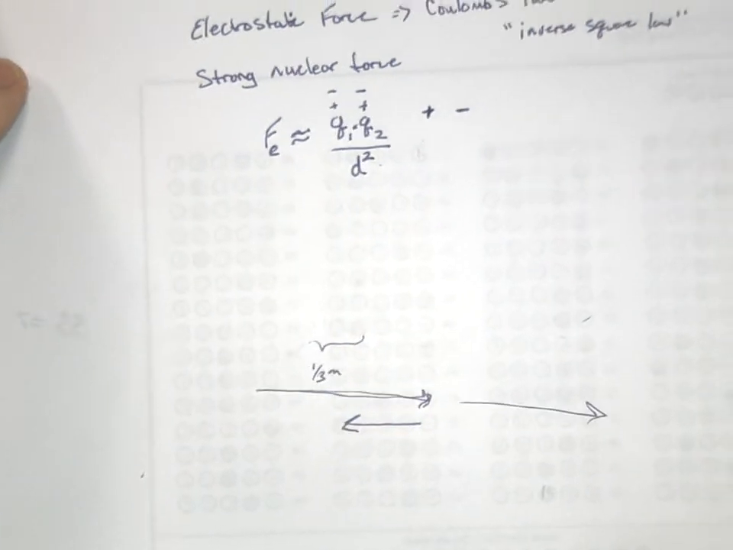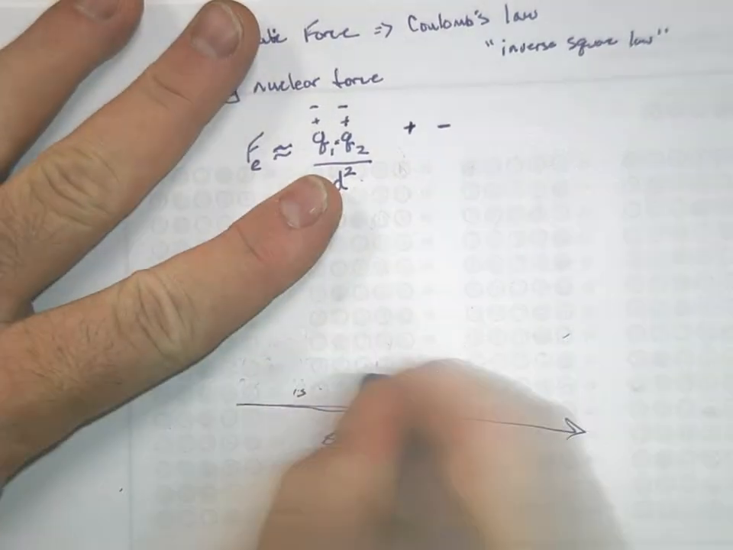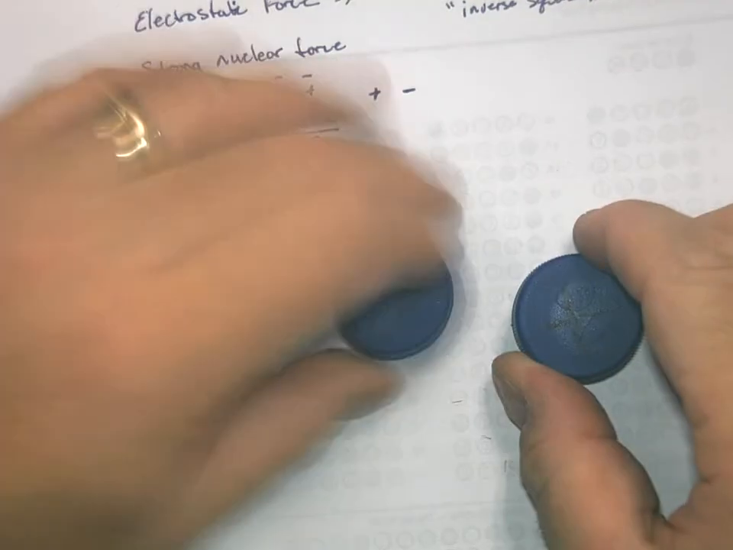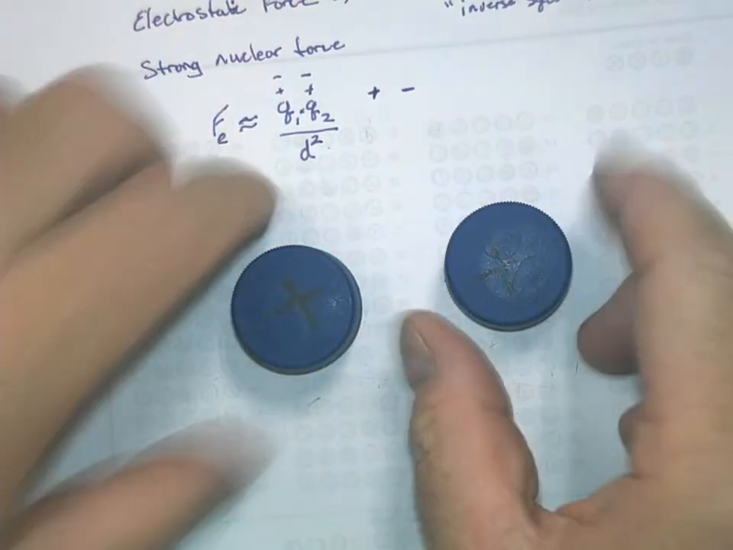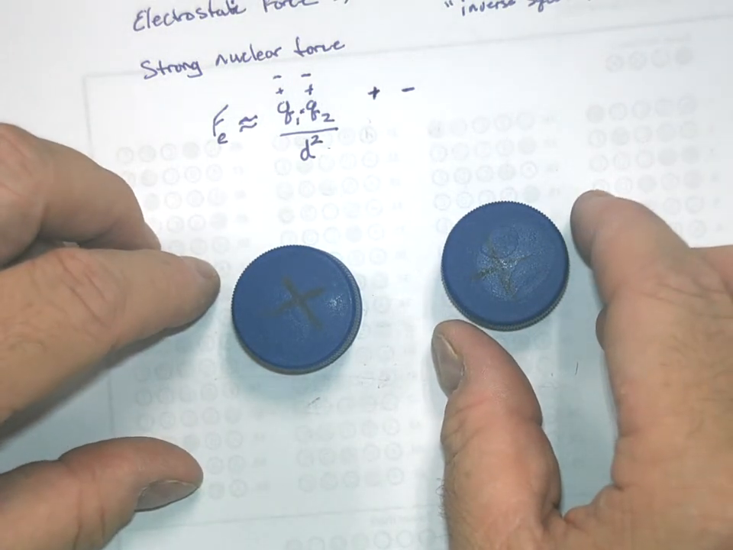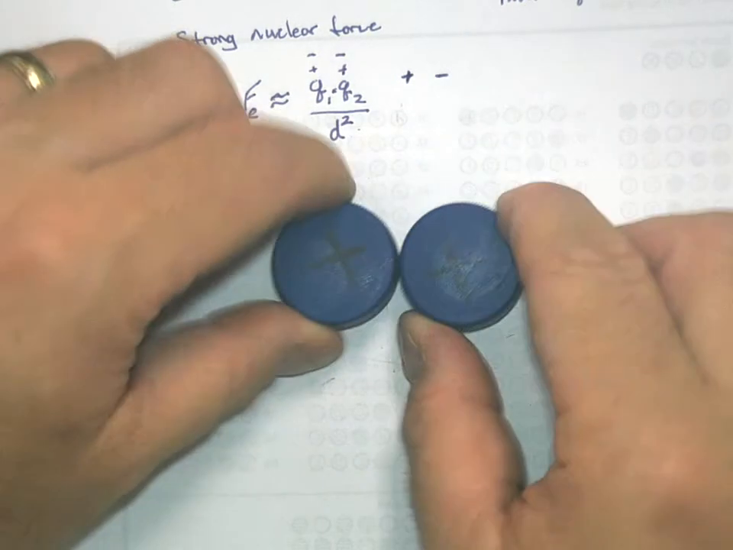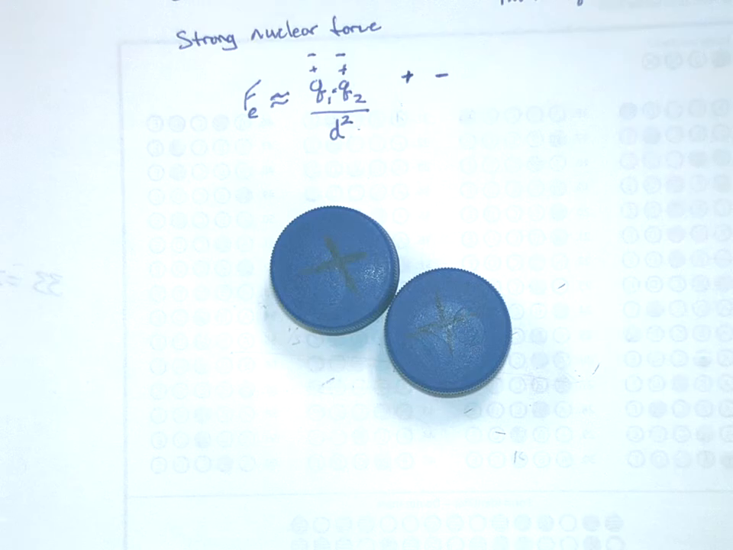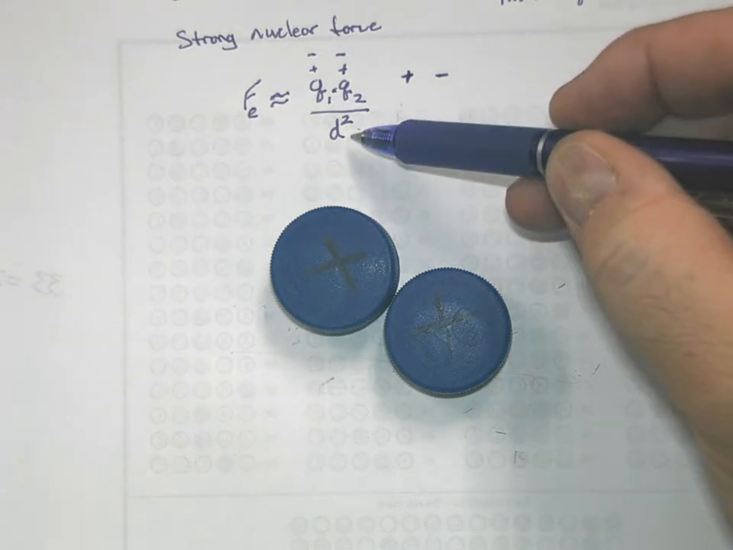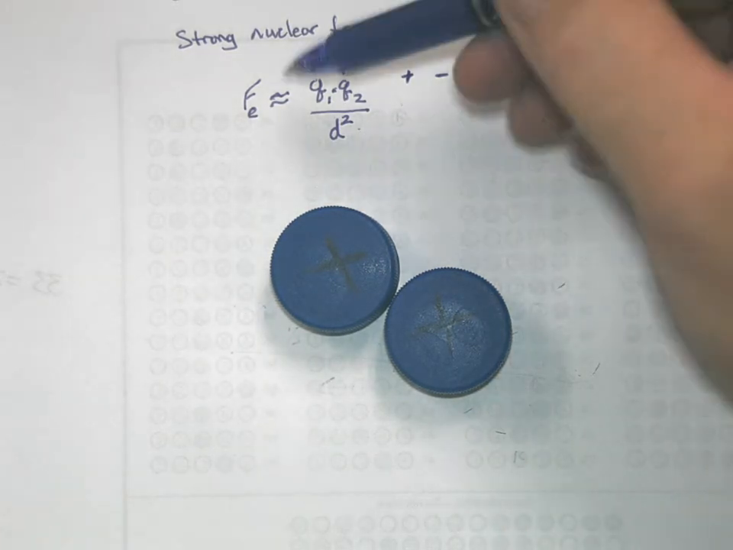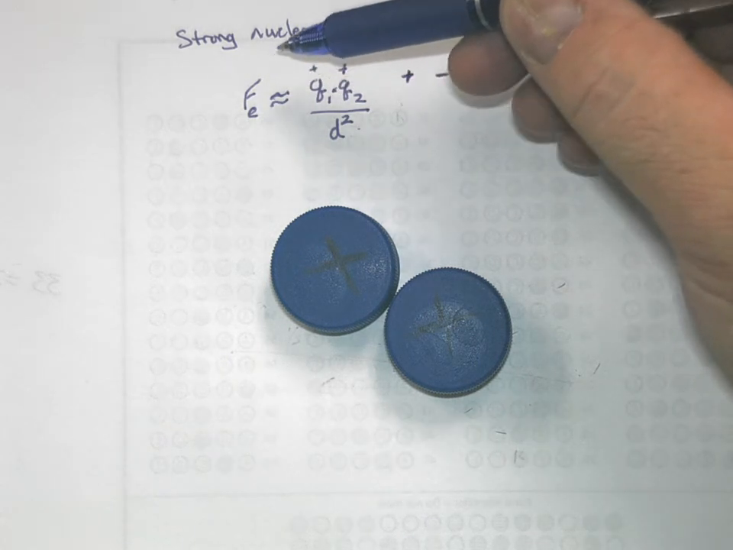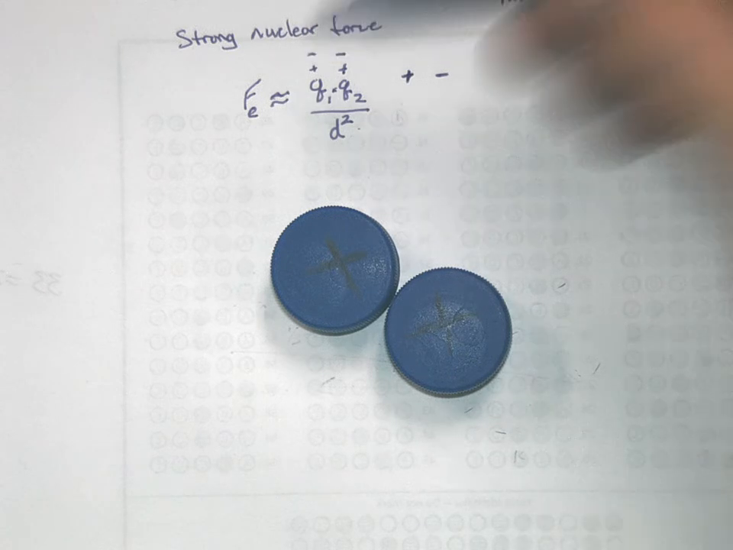So, if these guys are protons, they're all crammed in the nucleus, right? How small is the nucleus? Really small. So these guys are just jammed in there, really close together. Our d winds up being a very small number, which makes this force really big. There has to be something that keeps them together so that Coulomb's law